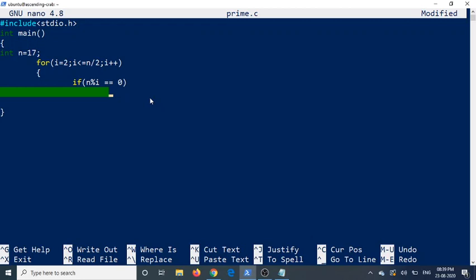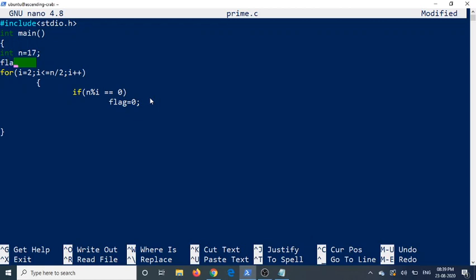So if n is equal to 1, then I can say flag equal to 0. Flag is for prime. Initially we'll put int flag equal to 1. So flag is 1 means it's prime. By default let us have it that all are prime, but in this case if it is 0, then else nothing, it just goes. When it comes out of the loop, if flag equal to 1,